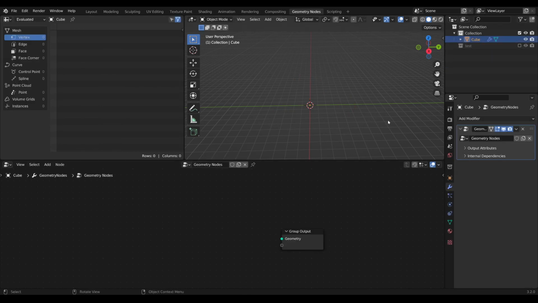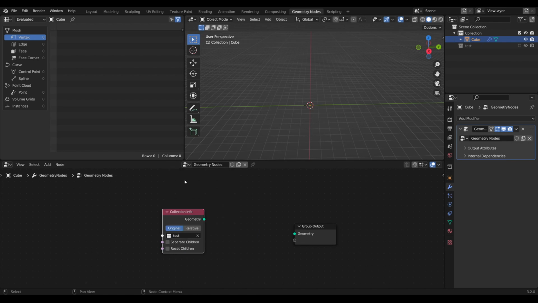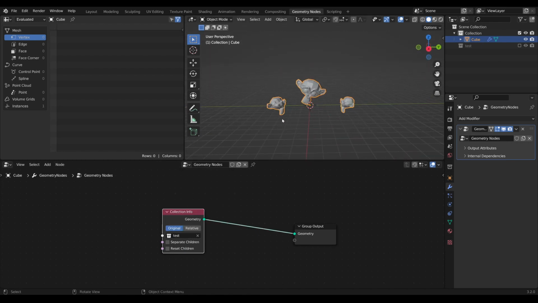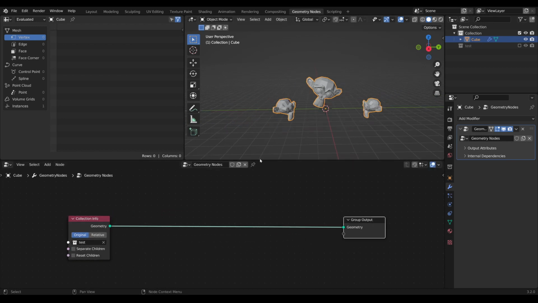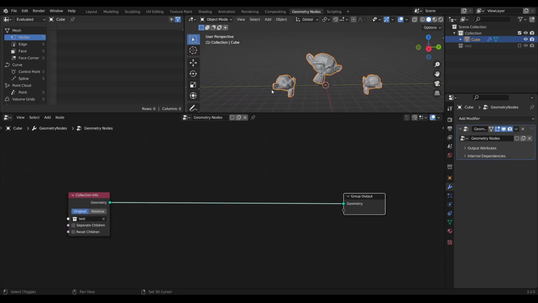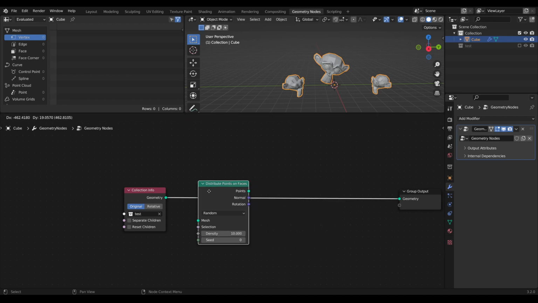And back in our geometry node setup, I pull up the collection with the collection info node, and here I choose test. Here you can see that we have this, and so yeah, the idea to create these lines is to first distribute some points and use these points to place some lines between them. So first I use the distribute points on faces node,